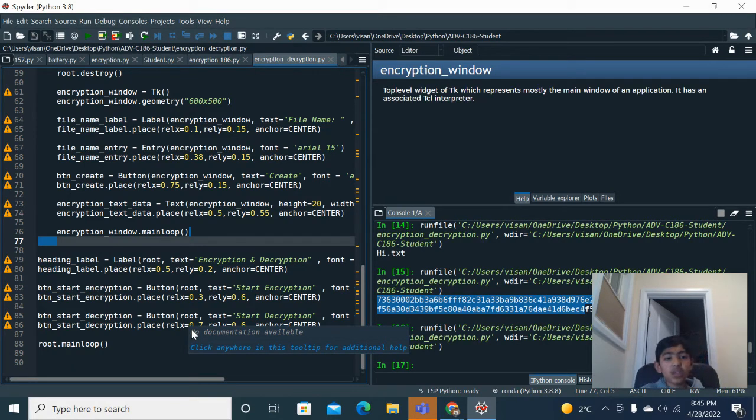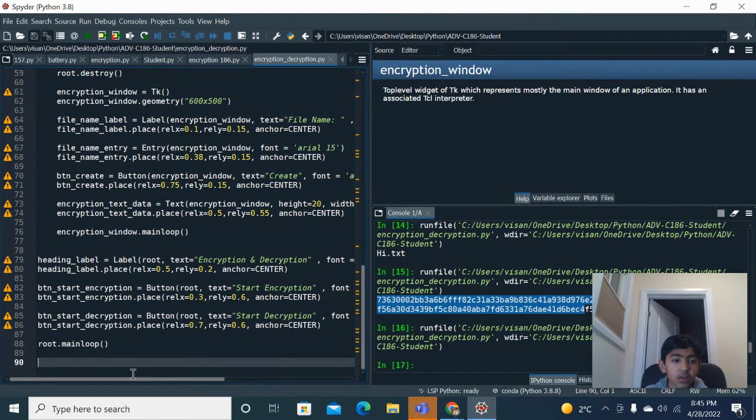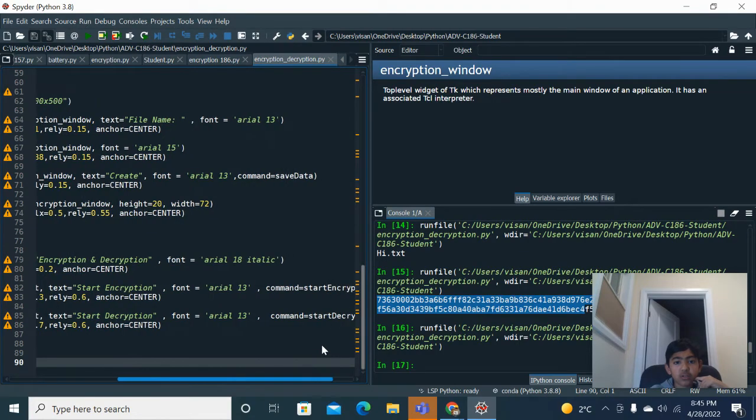heading_label = Label(root, text = encryption and decryption, font = Arial 18 italic), heading_label.place, placing this at 0.5 for relx, 0.2 for rely, and anchor = center. So then btn_start_encryption = Button(root, text = start encryption, font = Arial 13, command =